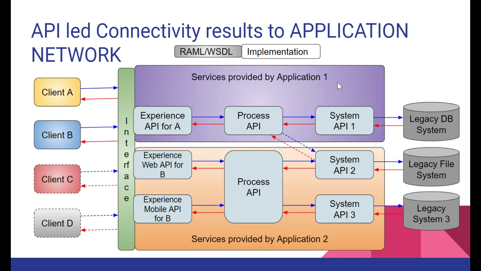Right? So as you can see here, the application network is being built. So day by day, whenever there would be multiple applications added, suppose application 3 would be added, application 4 would be added, they will also have their own APIs. So day by day, whatever API you will build, if you follow the API led connectivity approach, they will be reusable. Okay, so the more you reuse the existing implementation, the more you will get benefited from it, right? So that is what we are trying to achieve here.